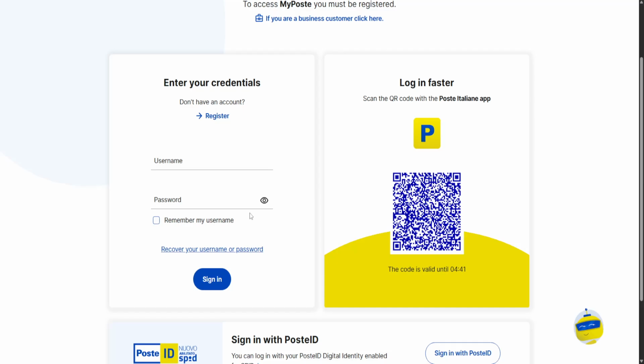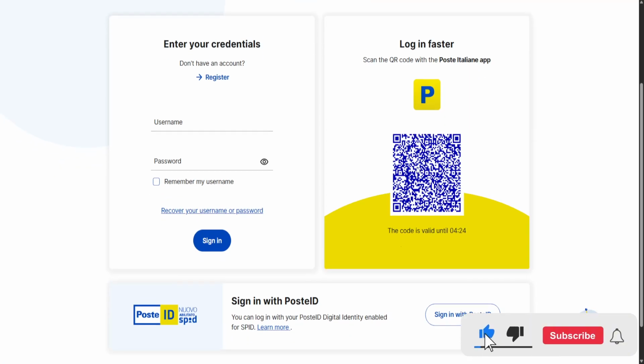The second method is going to be if you have the Poste Italiane app installed. If you have it installed and set up and logged in on your phone, then you can simply open up your phone's camera, scan the QR code which the website has generated for you, and it is going to automatically